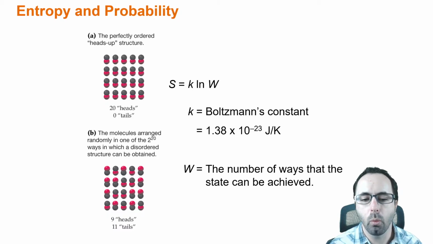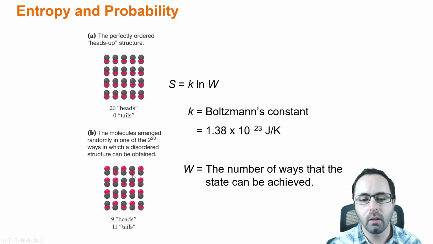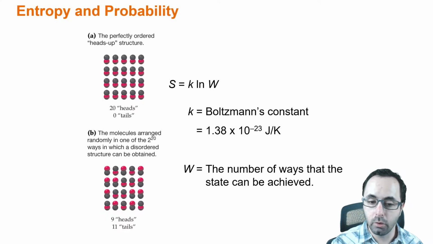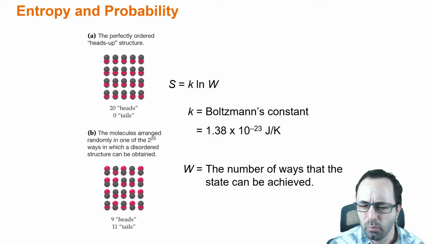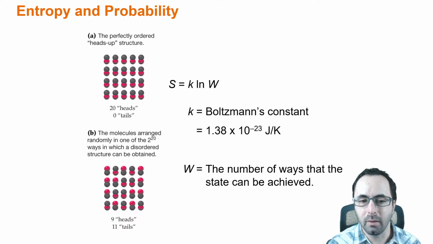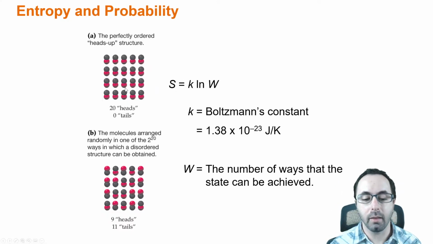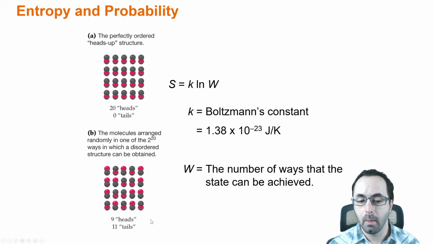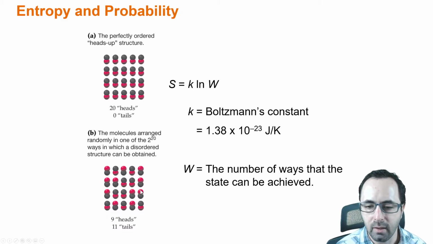And so the way we can measure this for a coin flip like this with only 2 states, the number of possible arrangements, if we flip the coin 20 times, would be 2 to the 20th power, because there are 2 possible arrangements and it's 20 flips. And so that's a lot of different possible arrangements. And only one of those is all heads. And only one of those is all tails, let's say. But there's lots and lots of them that are 9 heads and 11 tails. And so this is a much lower entropy type of arrangement than this 9 heads, 11 tails arrangement.